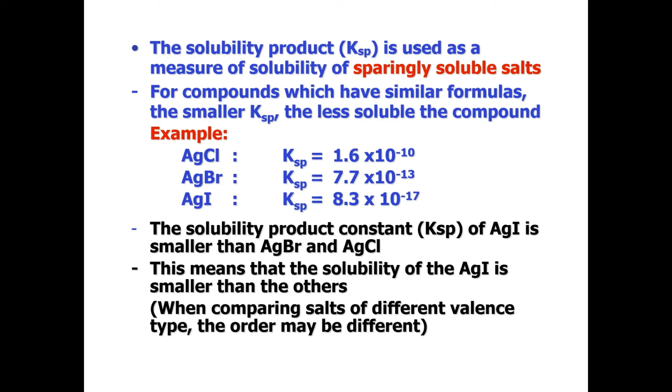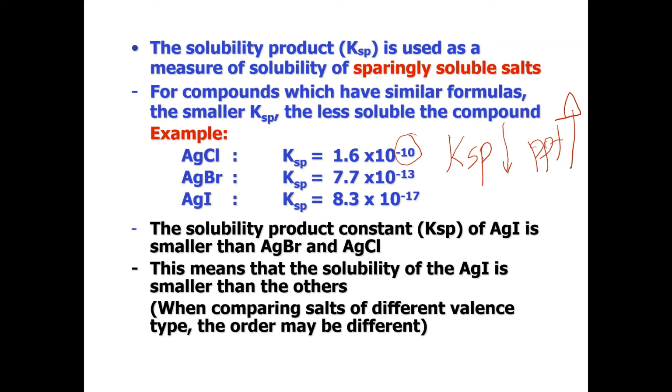Look at the example. How do we use the term KSP? For AgCl, AgBr, AgI, look at the value. As the value of KSP decreases, because if you can observe, it is in the form of minus, it means that the ability for it to form precipitate will increase. As the value of KSP is smaller, the ability to form precipitate increases. So if we look at the value between AgCl, AgBr and AgI, AgI has the smallest value,